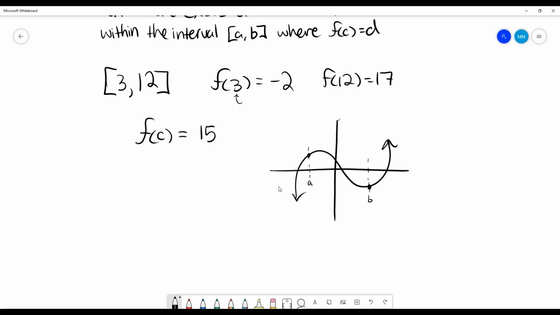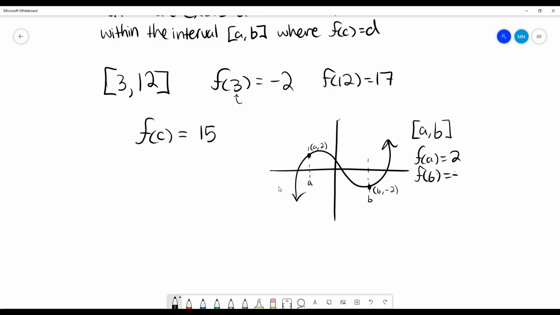We'll say that maybe this is a y value of 2, right? So that's an a comma 2. And this is maybe a y value of -2. So we'll say that's a b comma -2. And so on this interval, a to b, obviously inclusive here, I know my f of a equals 2, and my f of b